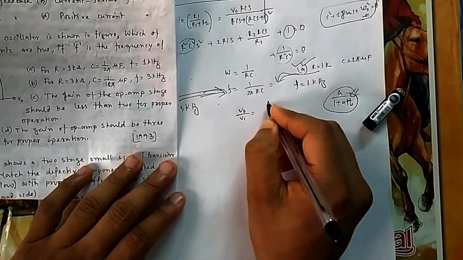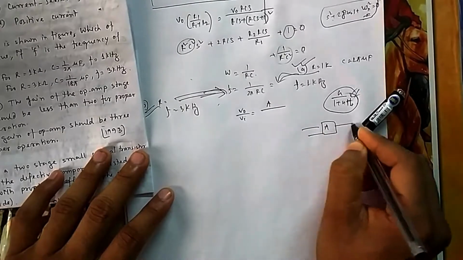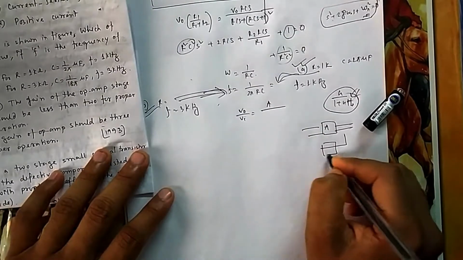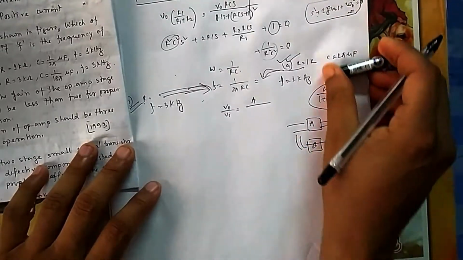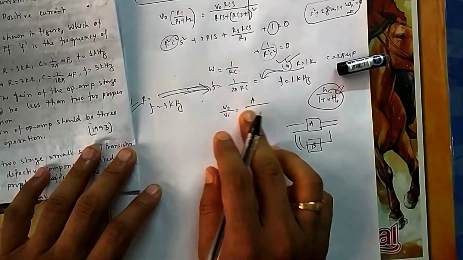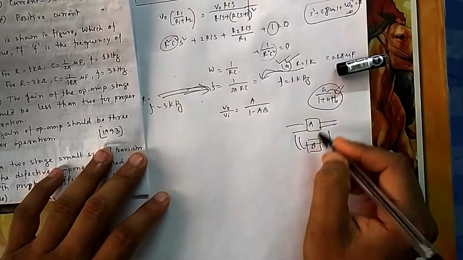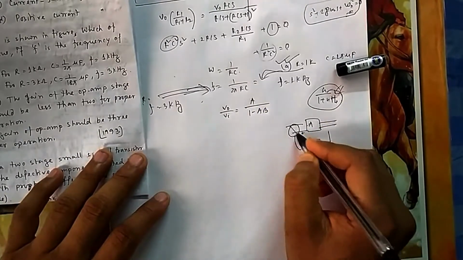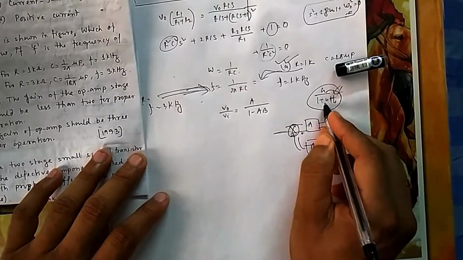So here G means the gain, that is the forward gain. You can think of this as my forward gain, and there is a path through which I am giving feedback, suppose it is beta. So this is your G and H, like in control G is your forward path gain, H is the feedback factor. So similarly here it will be 1 minus A beta, because it is positive feedback here, it is connected to the positive terminal. In control it is connected to the negative terminal, that's why plus was there.